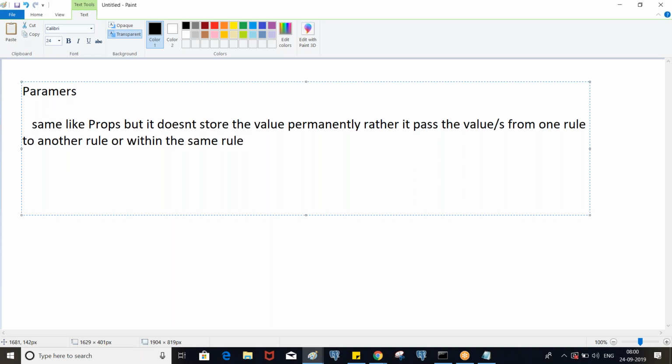So by using parameters, we can make activities more reusable.